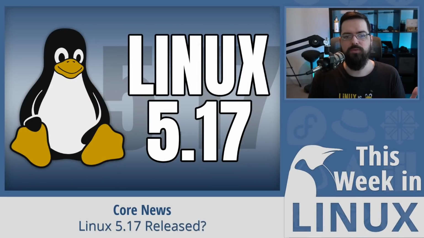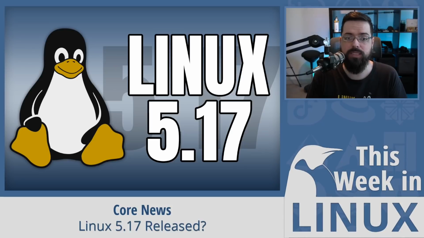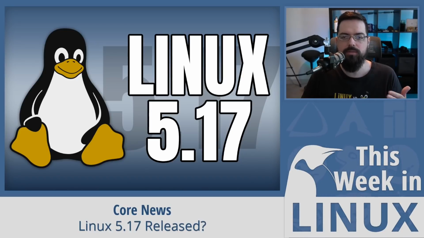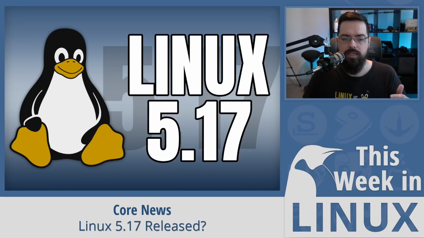Up first in the show this week, we have the 5.17 version of the Linux kernel. Well, it's actually not been released yet. It is expected to be released tomorrow, and provided that nothing major happens between now and then, I decided to go ahead and cover it on this week's episode. As with any release of the Linux kernel, I try to cover as many highlights as possible, but there's always a plethora of things to choose from, so there is no way for me to cover absolutely everything. So I'm going to cover a few things, and then I will have links in the show notes for anyone who wants to learn more about what is in this latest version.